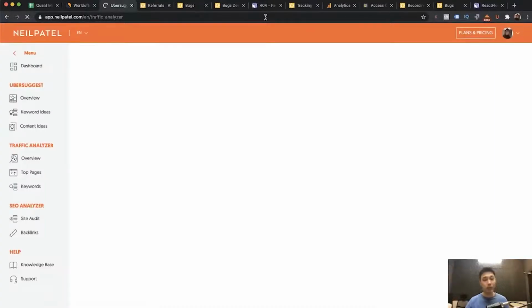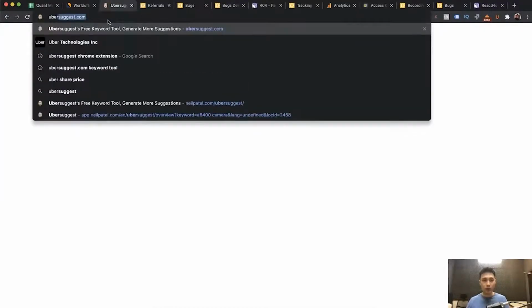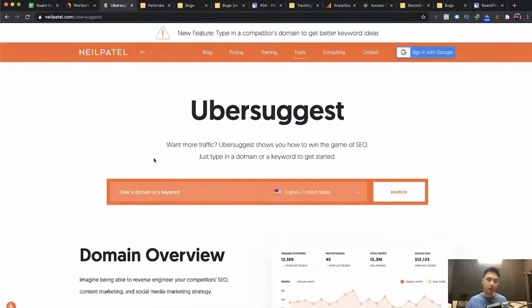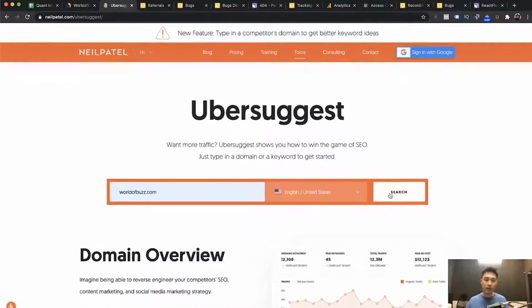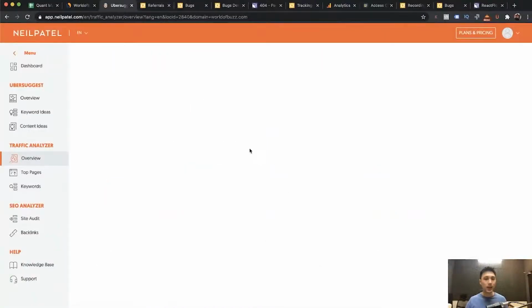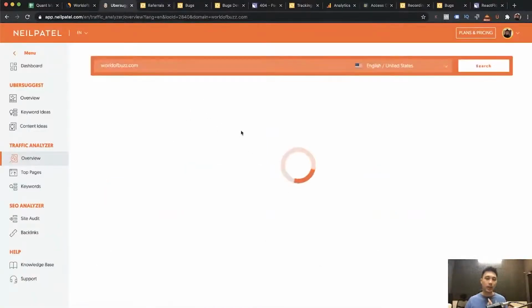It's not working for me. I'll probably have to clear my cookies because I had too many things running earlier. But try it for yourself. It should work. So I'm going to show you the steps again. Just put in a competitor's website, like World of Buzz, and search for it. It will show you some data, but the important thing you want to see is where World of Buzz gets their traffic from.